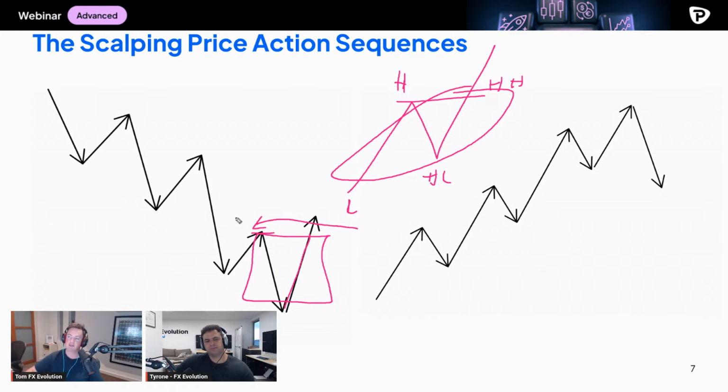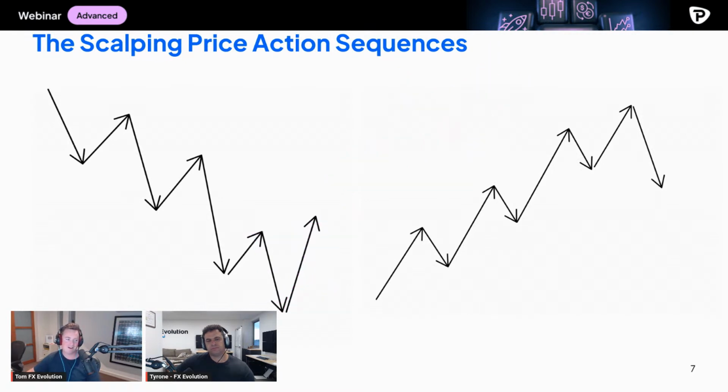It does make sense. So get down and dirty in the 5 minute, 1 minute, 3 minute charts, Ty, and you need to be ready for that. Same thing on the upside. You need, of course, that high, that low, that higher high, and you can't just have this as a switch. It must break that lower low. So you really want that kind of turn when it comes to these market conditions. It's pretty important it does that.